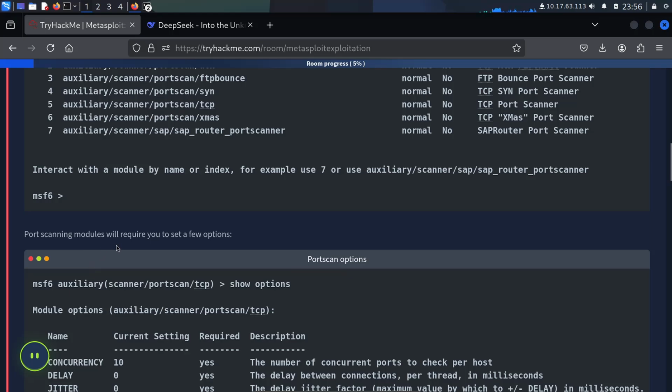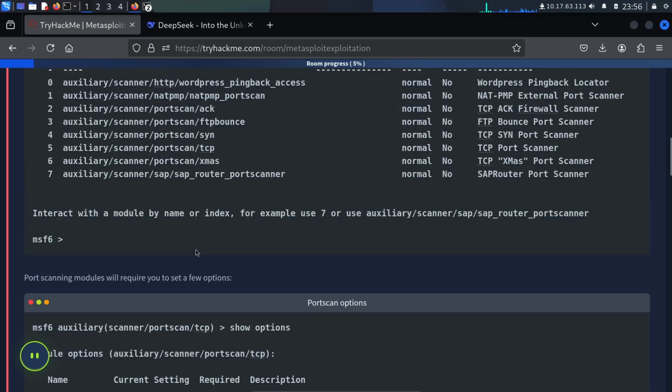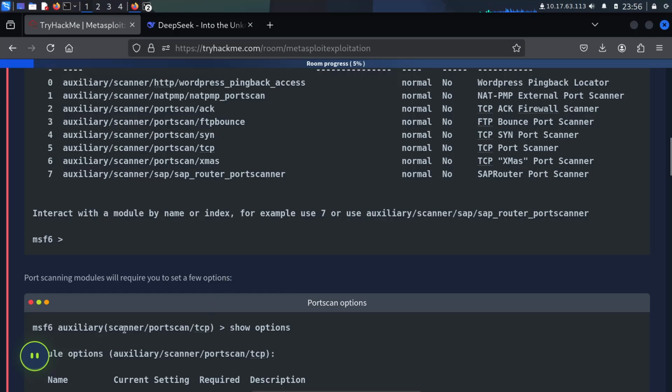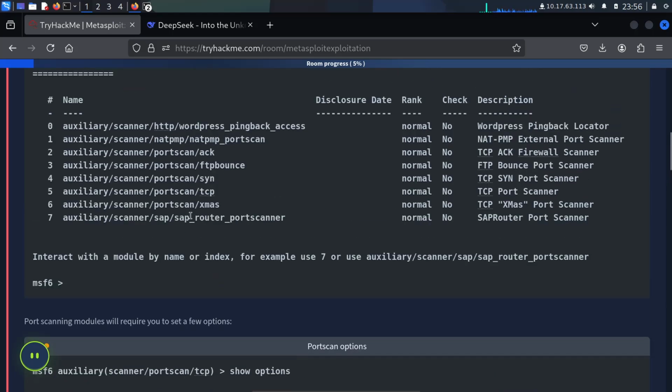Scanning modules will require you to set a few options. There is the module name. You can use auxiliary/scanner/portscan/tcp.